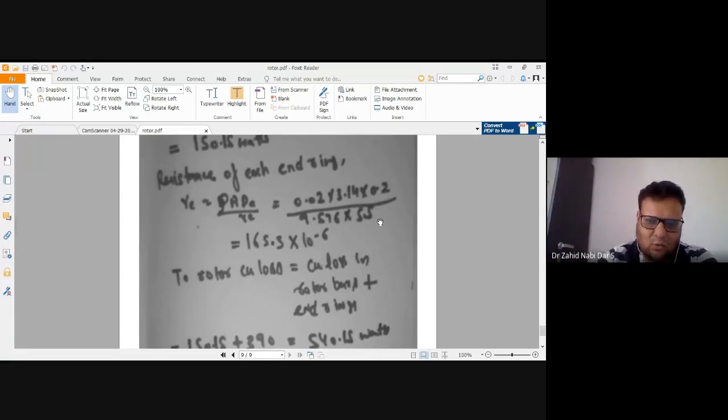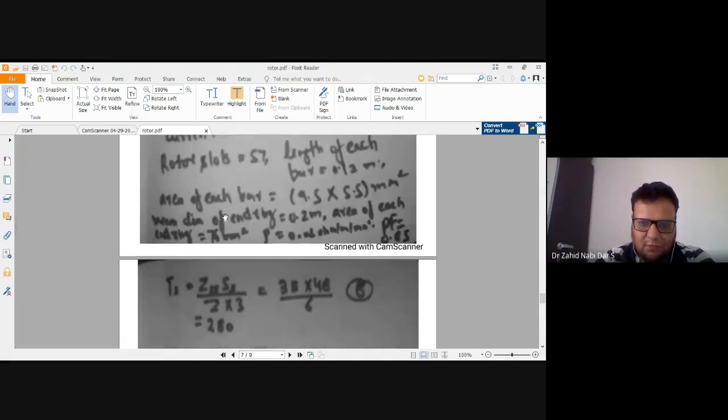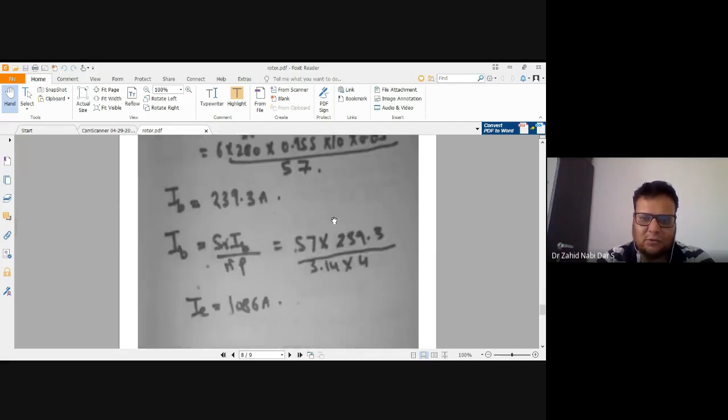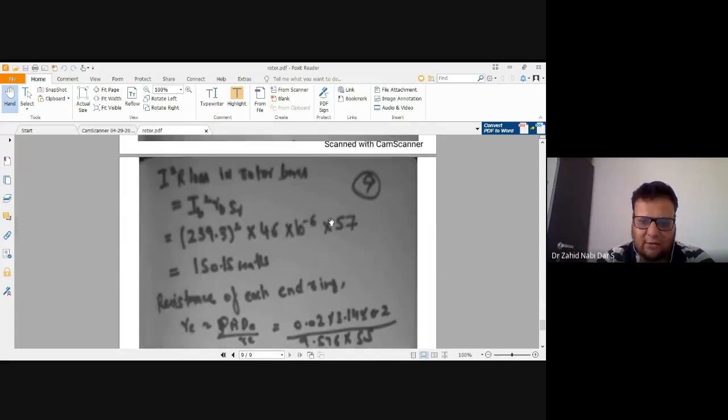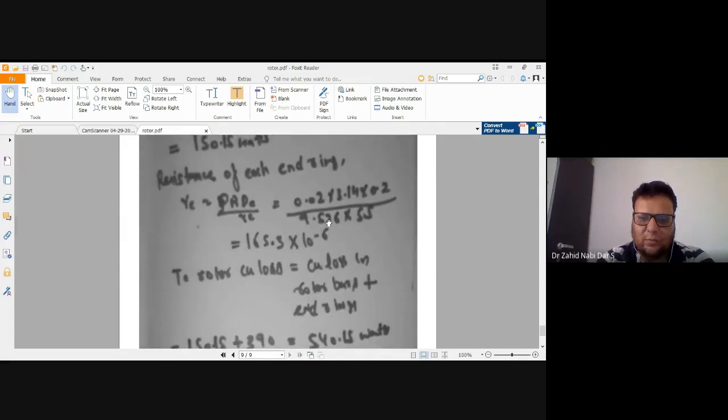So you cannot simply write. Here the length is in meters, but here you are entering millimeter square. So 1 millimeter square is equal to 10 power minus 6 meter square, because 1 millimeter is equal to 10 power minus 3 meters. So accordingly you have to substitute. If you fail to substitute, you will get a wrong answer and it will result in loss of marks. So please be careful with your units when you are substituting, and please read the question once or twice very carefully, because you can score 100 out of 100 in electrical machine design.